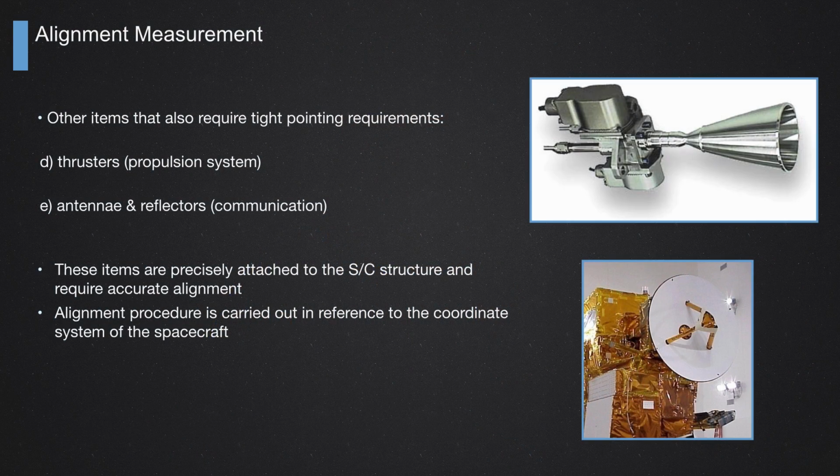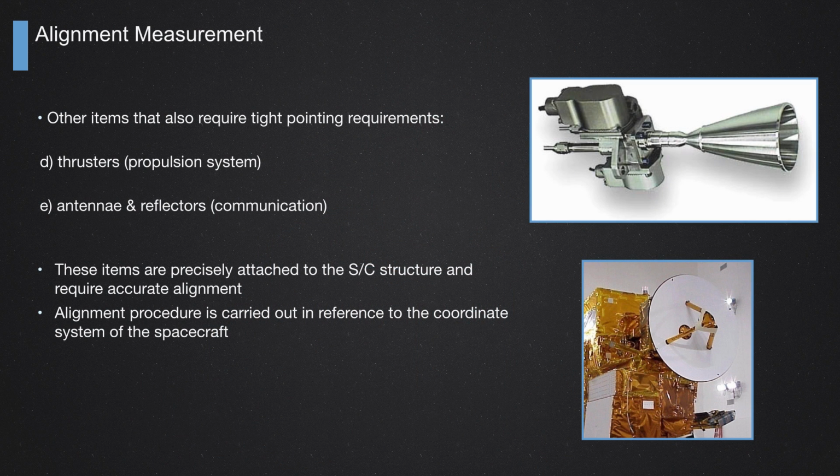How do we do that? We use special equipment I'm going to show later on. But another kind of alignment we need is for the thrusters, the power to put the spacecraft in the right position. We install thrusters, small rockets, on the spacecraft. When we fire them, we have to make sure that they fire in the right direction. To do that, we have to analyze and measure the direction they are installed.